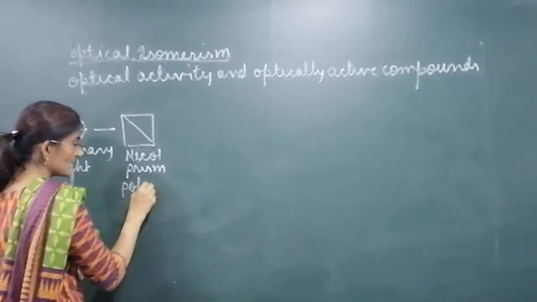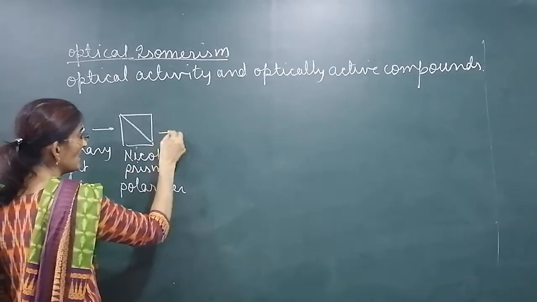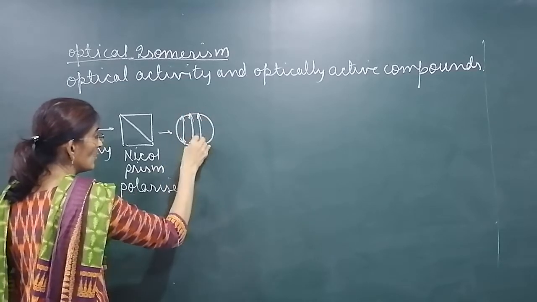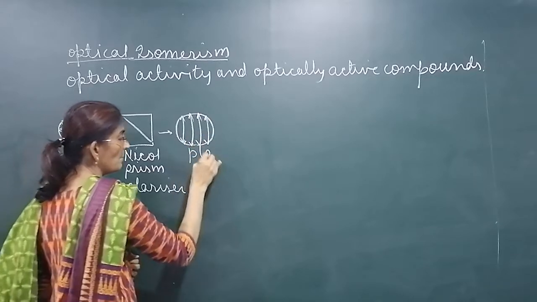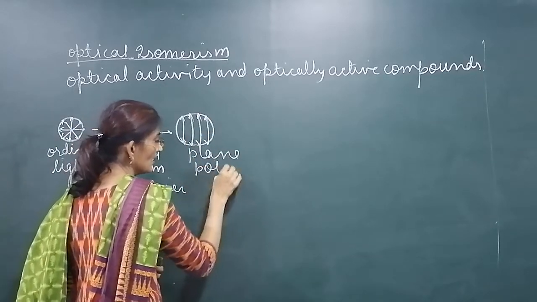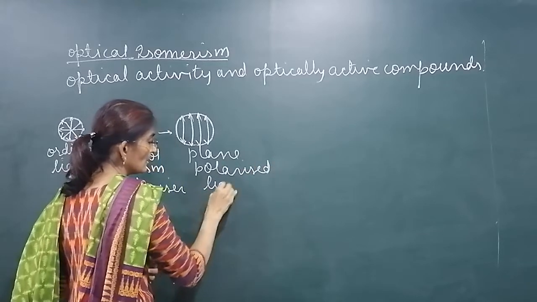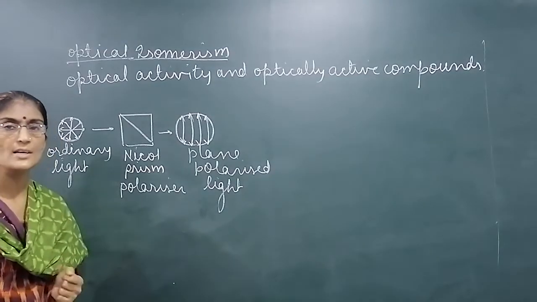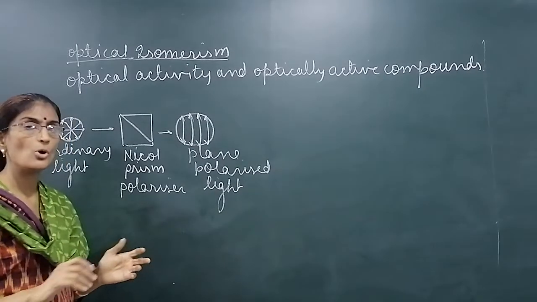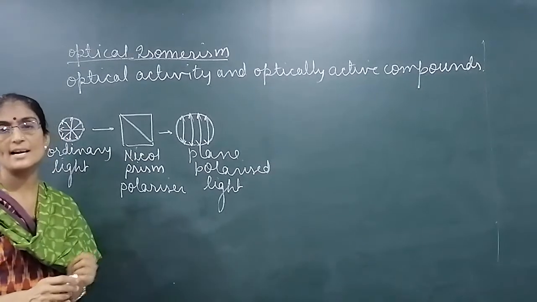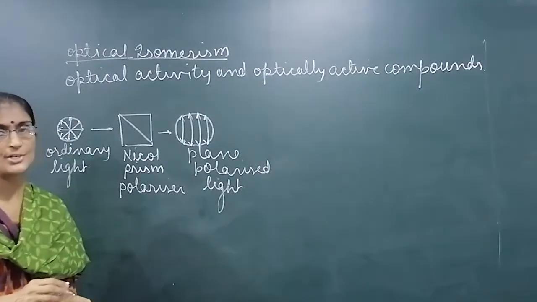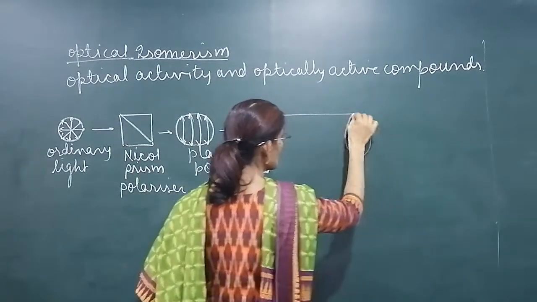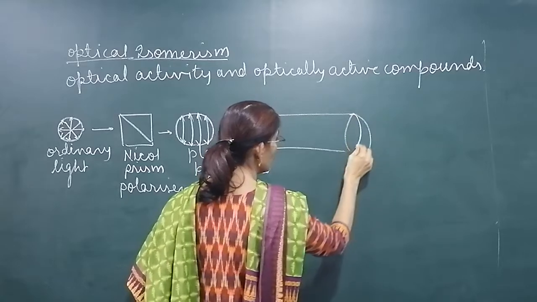When this light is passed through the polarizer, it becomes plane polarized light, which has oscillation in one direction. What is the difference between ordinary light and plane polarized light? Ordinary light has all the oscillations, all the wavelengths, while plane polarized light has a single wavelength and oscillation in one direction. When this plane polarized light is passed through the polarimeter tube,